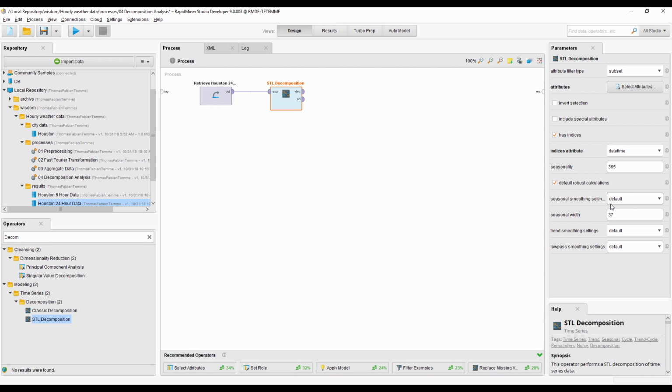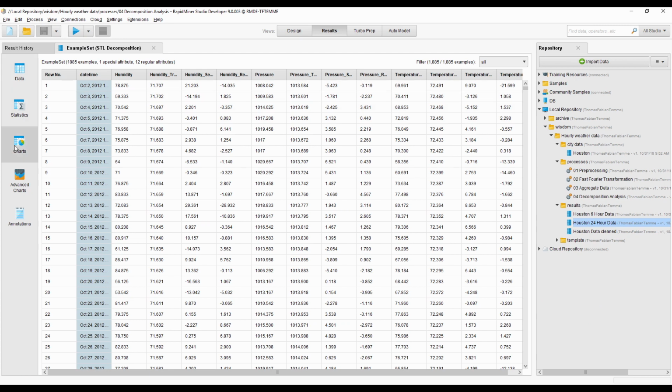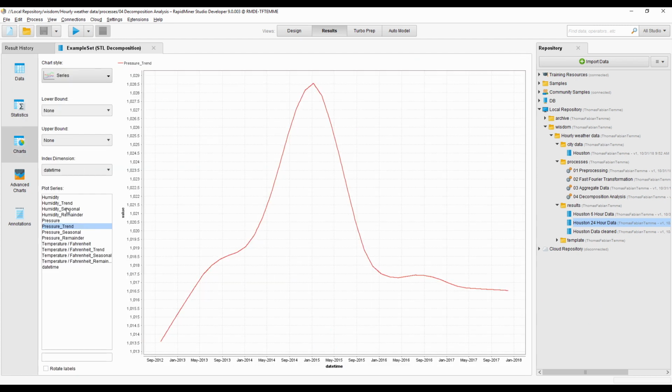Most of it I want to use the default settings, but for the trend smoothing I want to change the trend width, and this allows the trend to vary a little bit more. So if you're familiar with the STL decomposition, you can configure the decomposition even further, but you can also use default values. So I connect this to the result port, and I will have a look at the results of this decomposition. So I will directly go to the series chart, and what we can see is